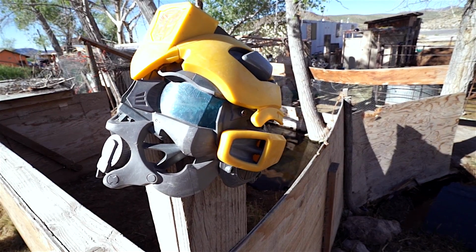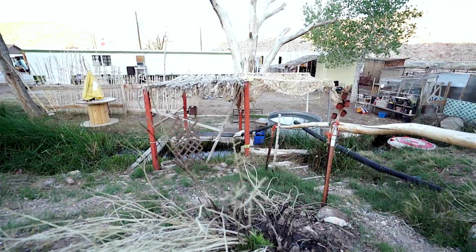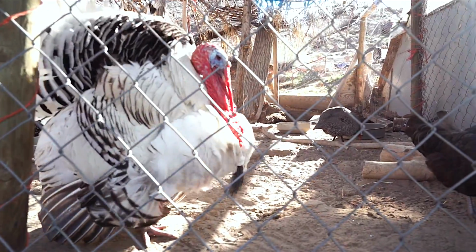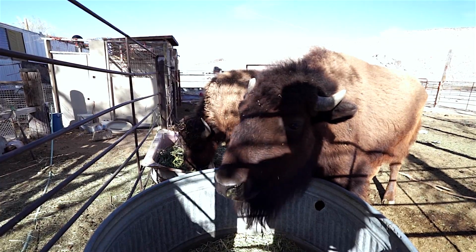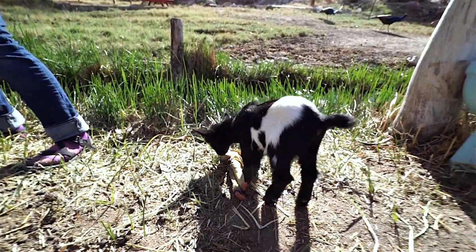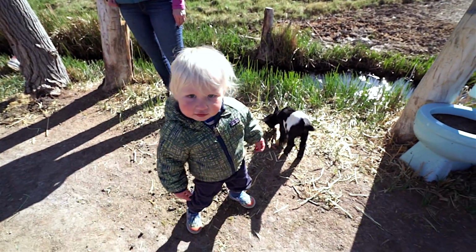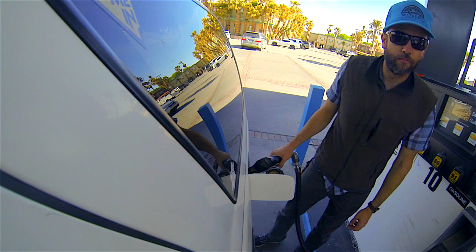While we packed up in the morning, the kids found a small farm operated by the owners. It's not much to look at, but the kids had a blast playing with the baby goats, the roosters, the buffalo, various other fowl, a llama, and more baby goats. They could have stayed the whole weekend, but we rolled out and headed into Beatty to fill up with fuel